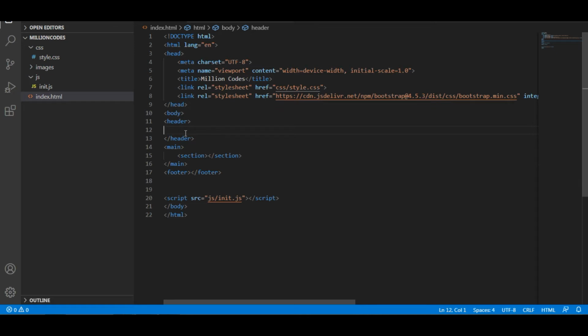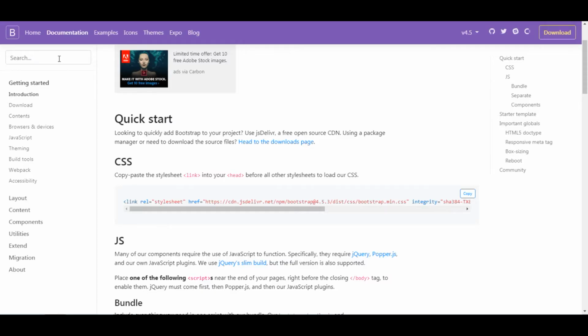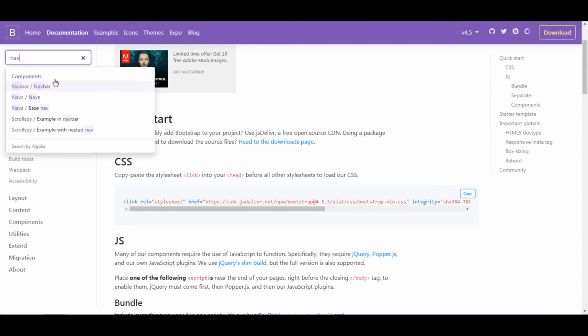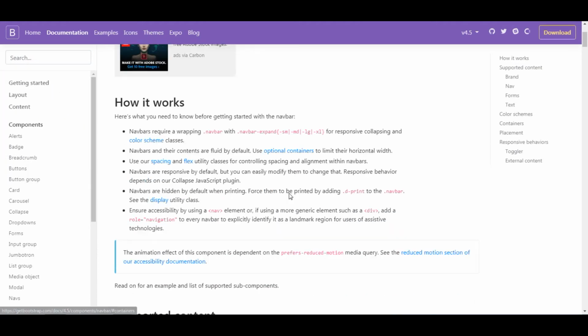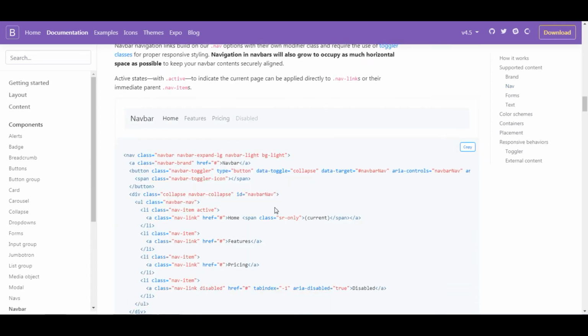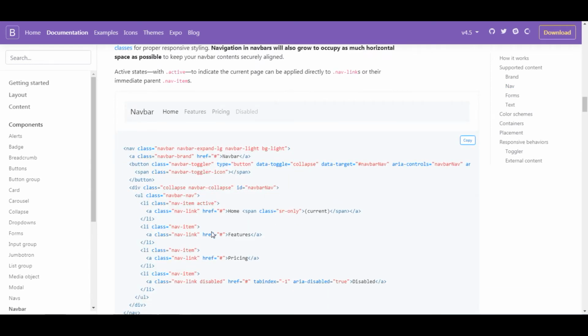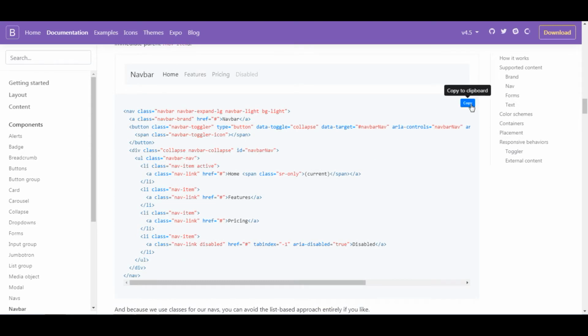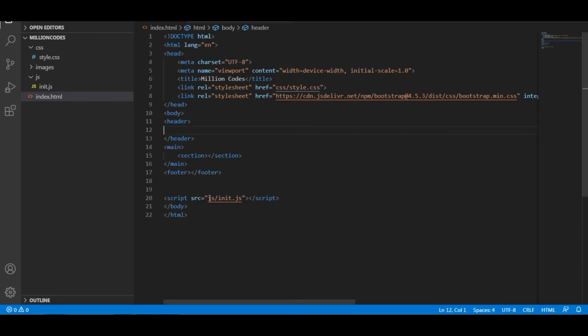So first of all we have to create some navigation items there. We can make use of the Bootstrap's navigation here. So go here and type navbar. You can see it comes under the nav section. We can take this navbar section here. So I am copying that and pasting it under the nav section.